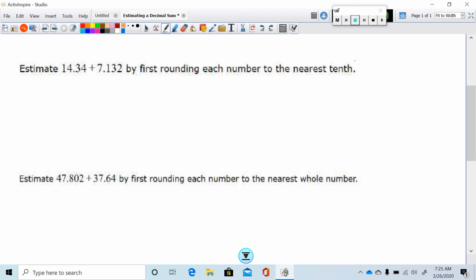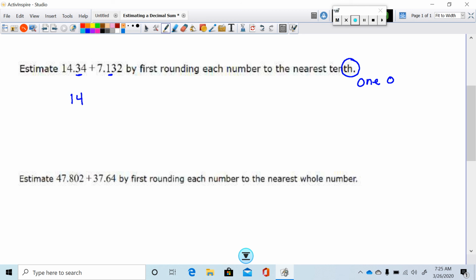Okay, this is also the nearest tenth because it ends in a TH. It's talking about a decimal place, and because a 10 has 1 0, you're talking about one number after the decimal. So for the 14.34, the number after the 3 is a 4, so that's not 5 or larger,